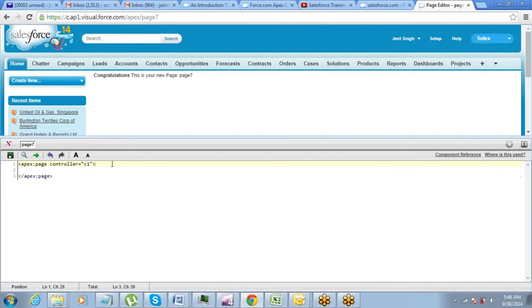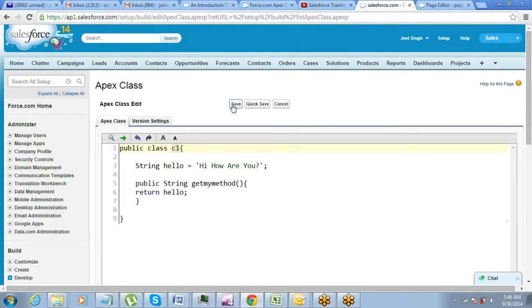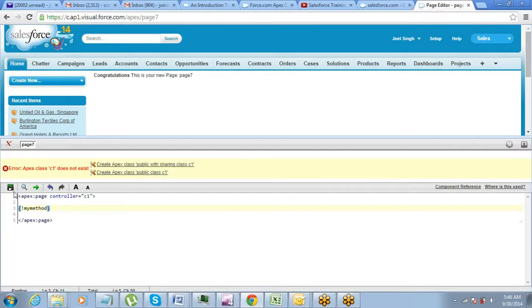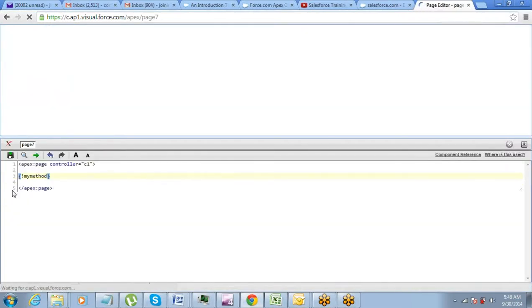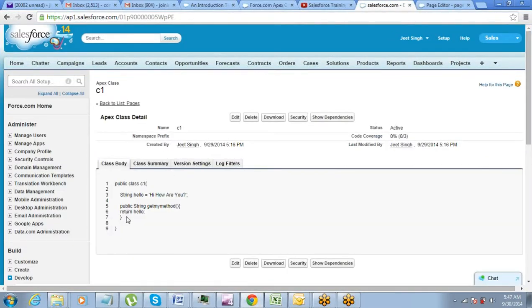Now once you have defined this controller, you can call the method here. So save the class.